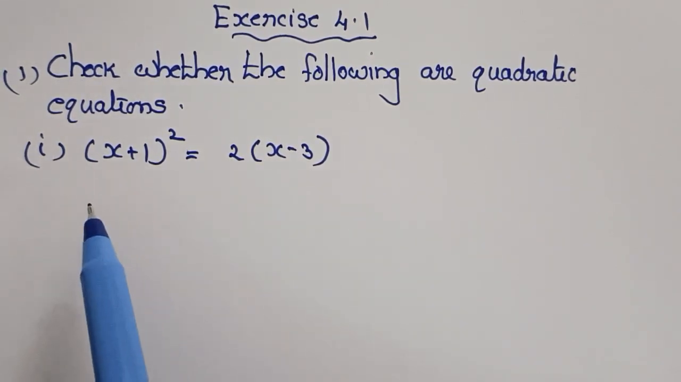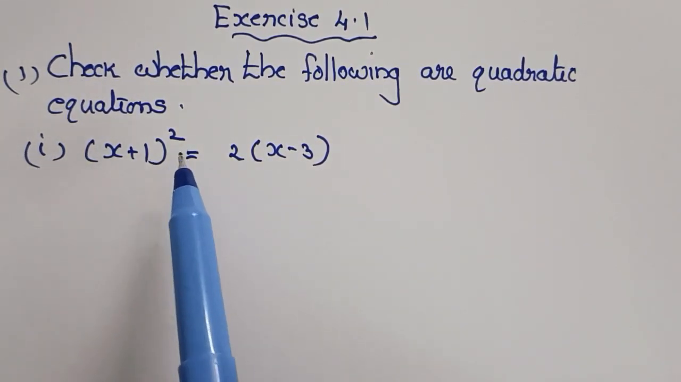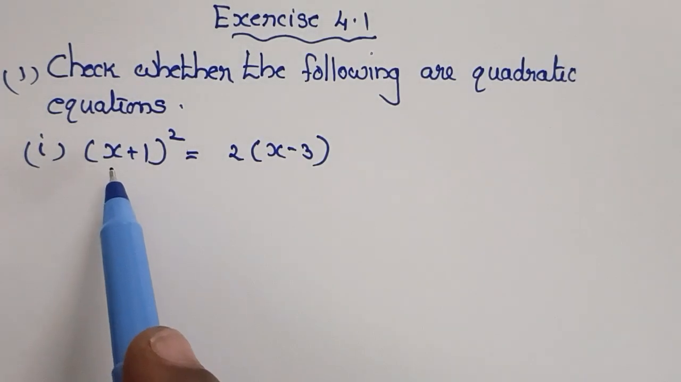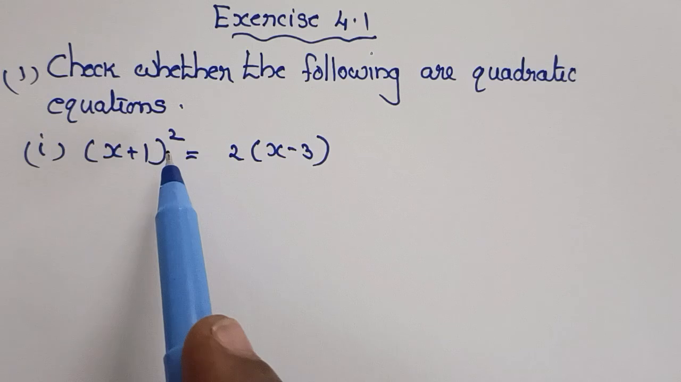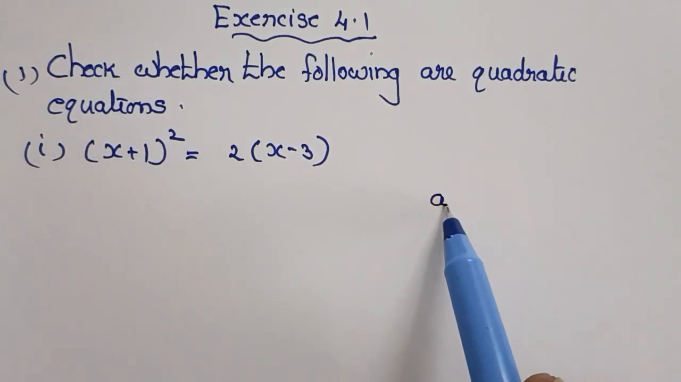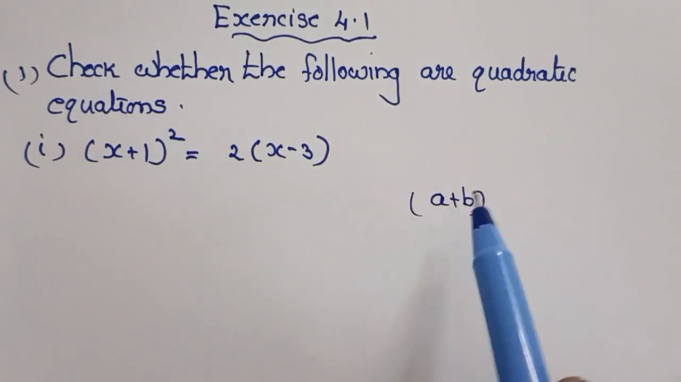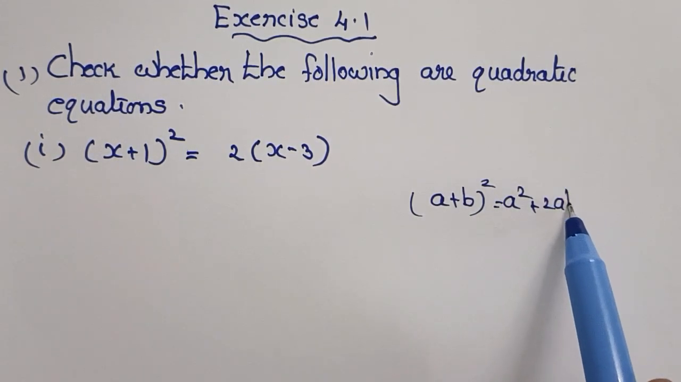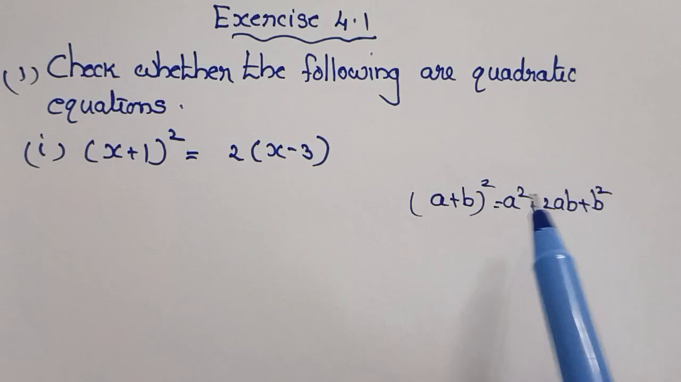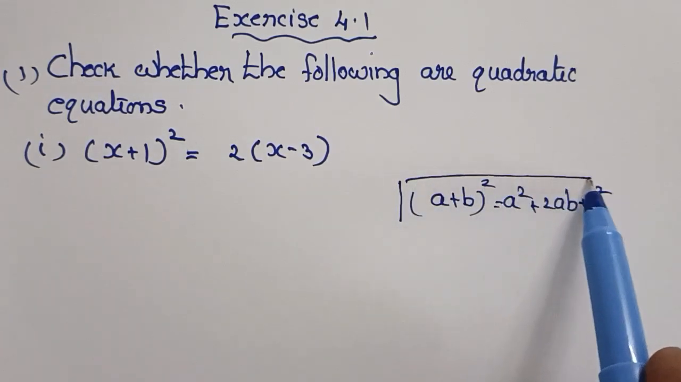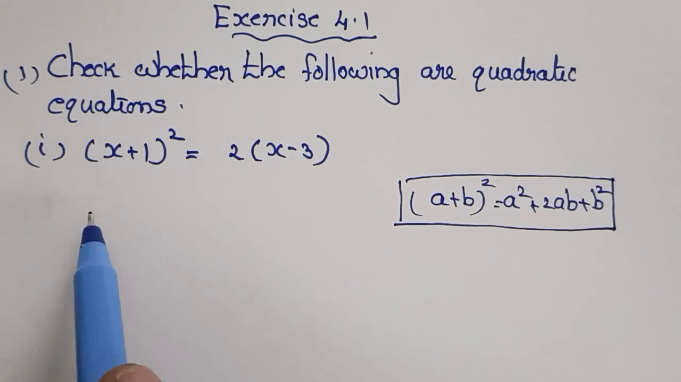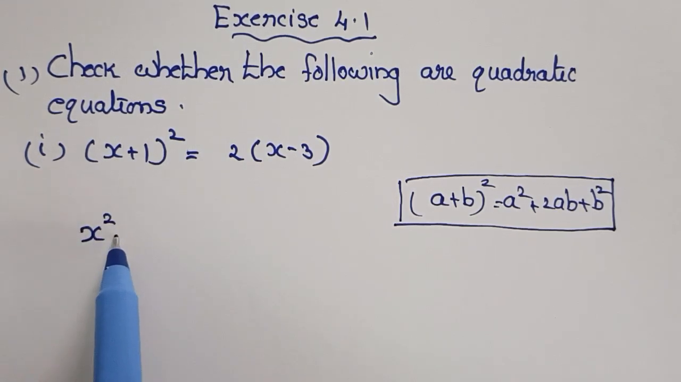Okay. Here, first one: (x + 1)² = 2(x − 3). First one, LHS, it is in (a + b)² form. We know that (a + b)² = a² + 2ab + b², isn't it? Now using that identity, we have to expand: a² is x², plus 2ab,